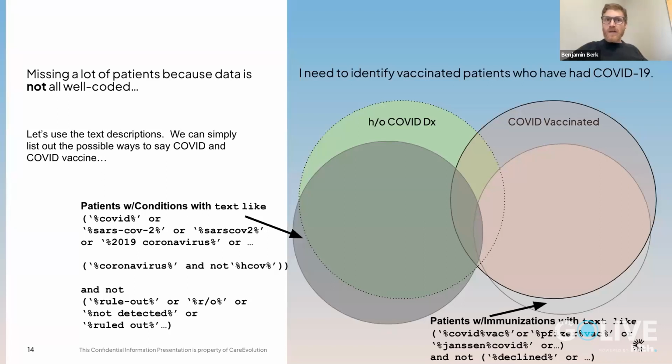But then we may also need to deal with exclusion. So we might look for coronavirus, but we need to recognize that human coronavirus was the cause of the first SARS epidemic 20 years ago, right? We don't want that. We want to exclude that. And we also want to exclude cases where next to the condition it says rule out or not detected, right? Because those aren't going to count. We wouldn't want those to count as our history of a COVID diagnosis. So maybe we're getting a much bigger circle here, but now we've introduced probably a decent amount of this circle that is actually outside the bounds of the cohort we're looking to identify.